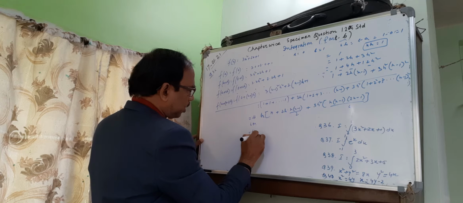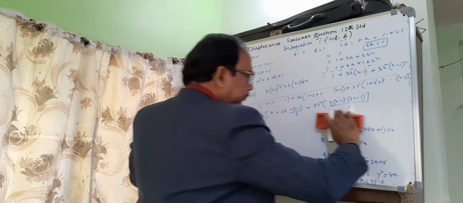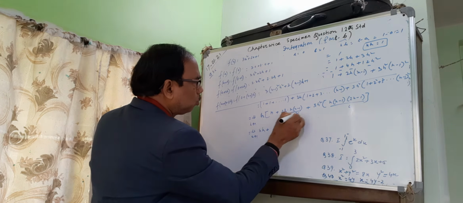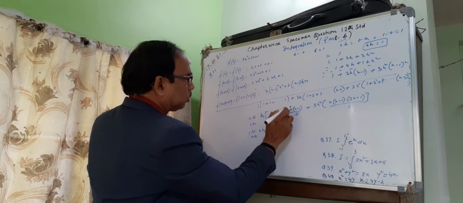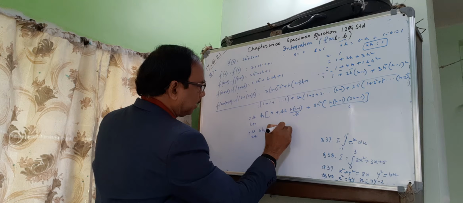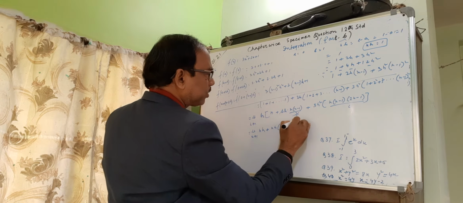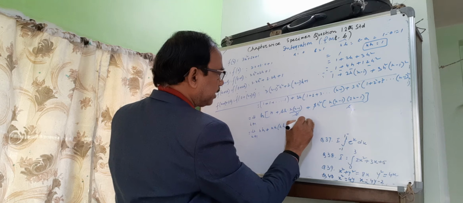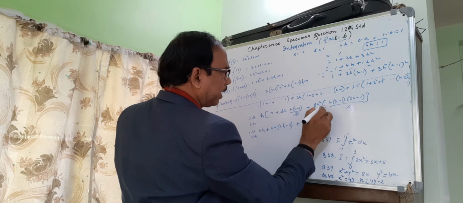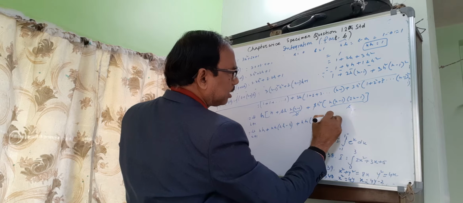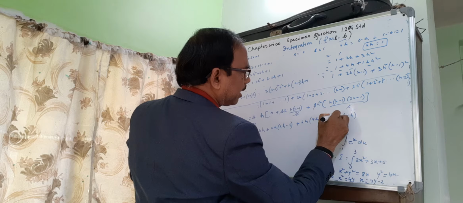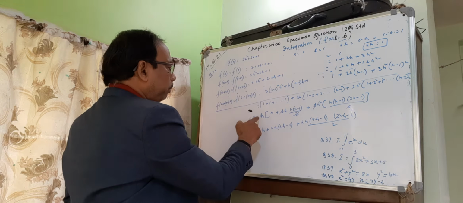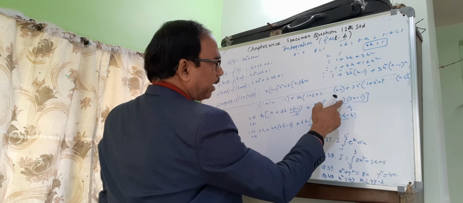limit h tends to 0 of nh plus 2 cancelled, here is h square, so put it nh minus h, multiply this nh minus h plus 3 2s are 6, here h and h cube, here 1, here 1, here 1, that is nh minus h plus 2nh minus h, nh into (2nh minus h) by 2. 3 number of h cube, 1 nh, 1 nh, 1 nh, minus h tends to 0.